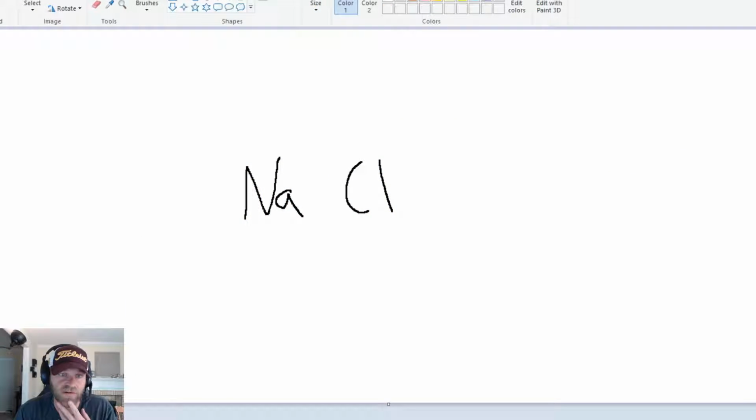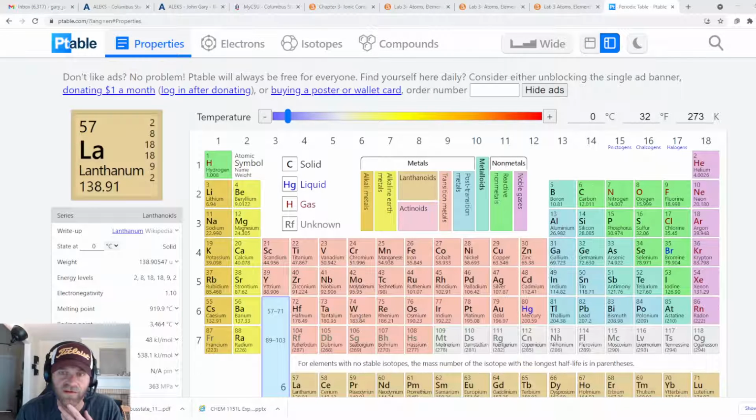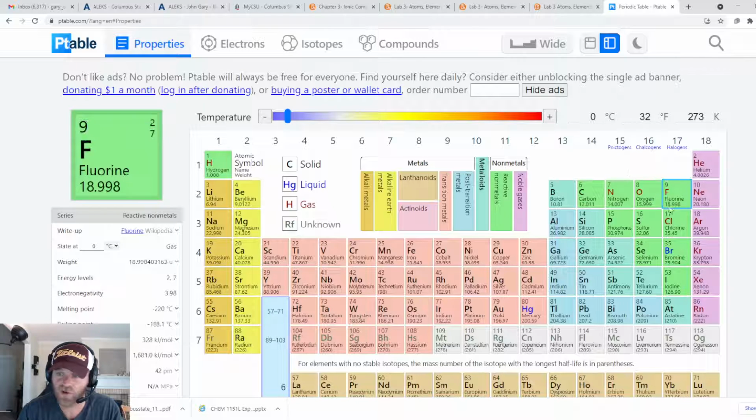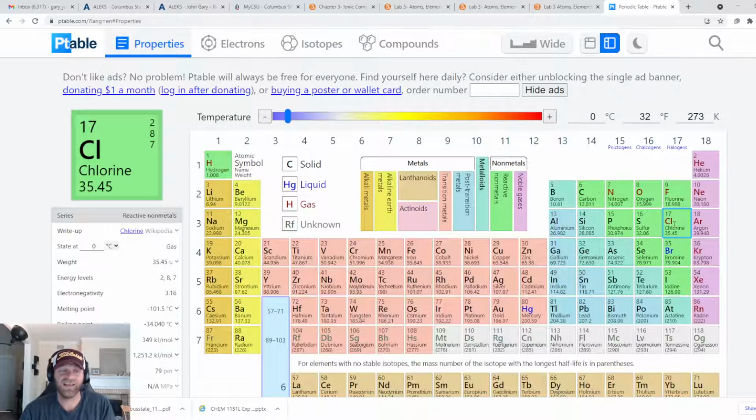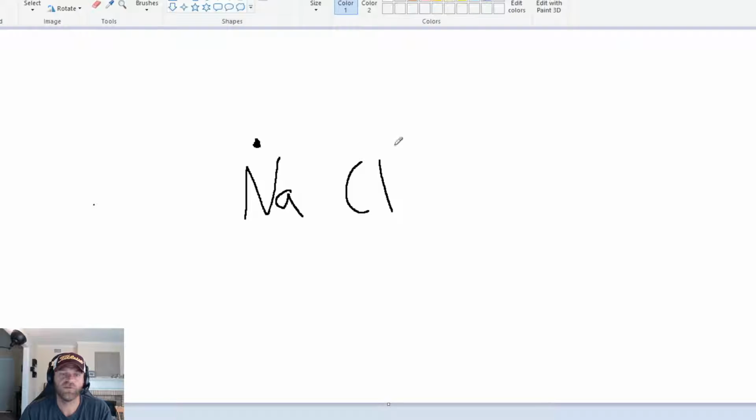Let me go back here. Alright, so 1 valence electron for sodium because it's in group 1. Come back here and show you all that. Right, sodium on this left side. Sodium right here on this left side. Alright, so that's group 1, 1 valence electron. Chlorine is over here on the far right and has 7 valence electrons. So let me put those 7 right here. 1, 2, 3, 4, 5, 6,